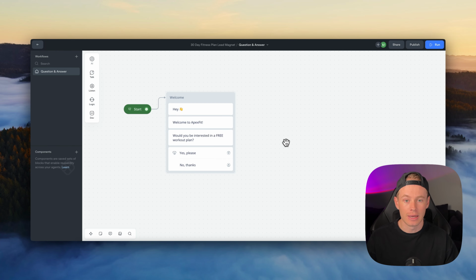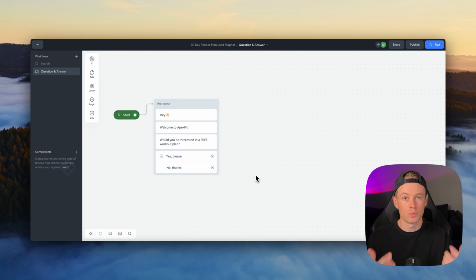I'm not perfect at it. I'm not a master of VoiceFlow. In fact, this is probably my 3rd chatbot that I've built out, so I'm still learning how to build these out super efficiently. In no way, shape, or form is this workflow going to be absolutely perfect, but it gets the job